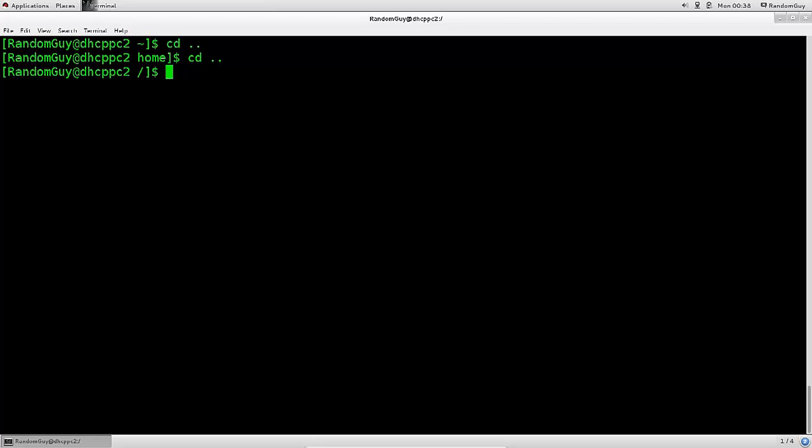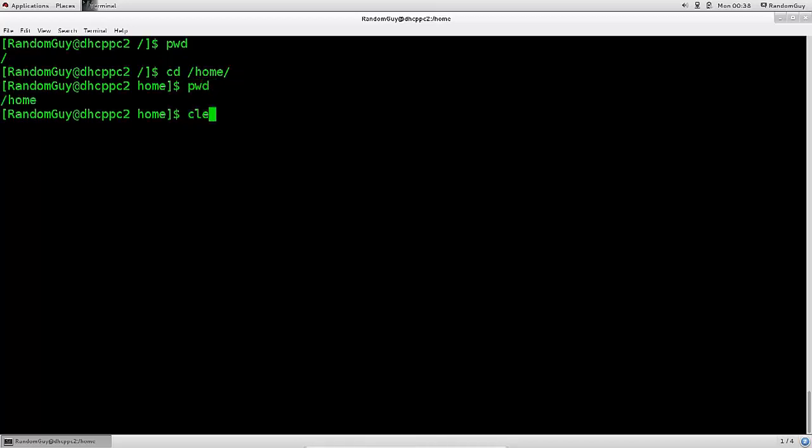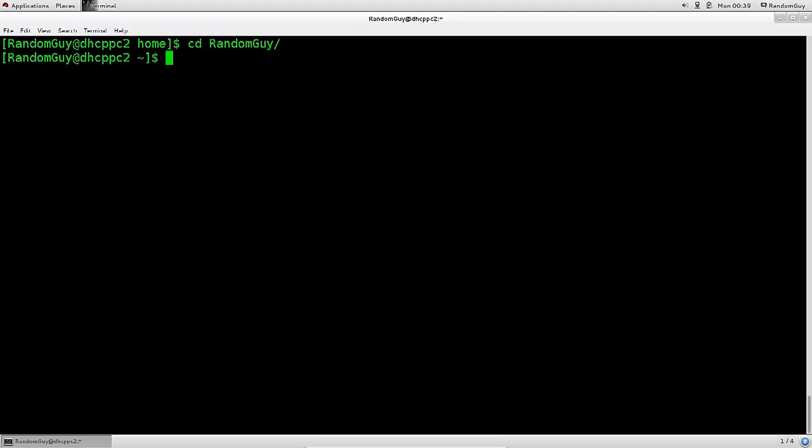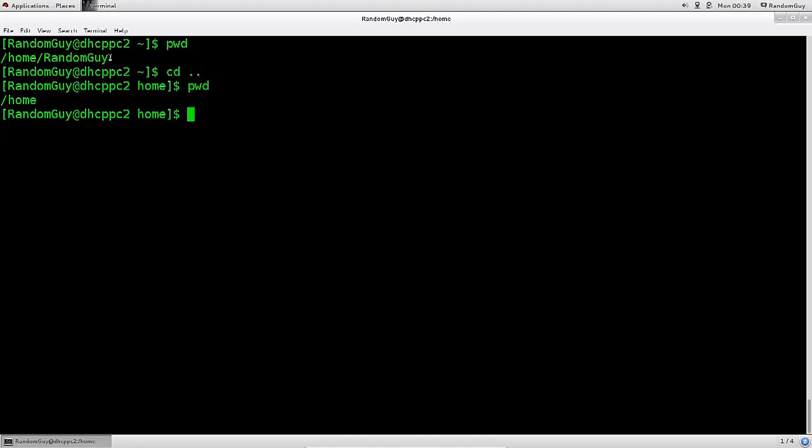Anyway, another thing that you can type in, after you have cleared, is pwd, print working directory. So if I press enter, okay, so it's root. If I cd home, pwd, I'm in home now. So clear, cd random guy, clear, pwd, I am in root home random guy. Excellent. So if I type in cd dot dot and again pwd,